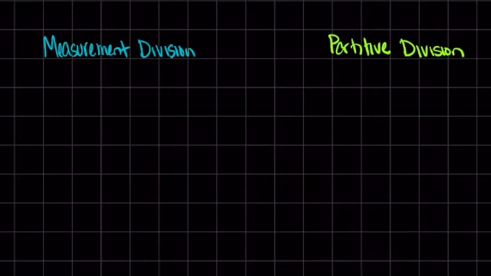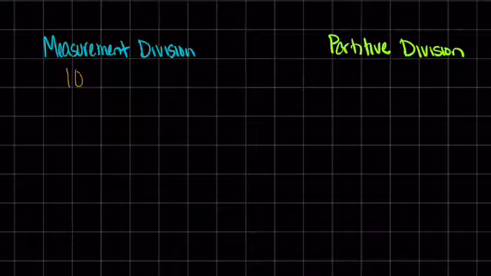In this video, we're going to look at division with decimals. But before we think about decimals, we're going to go back to the concepts of dividing with whole numbers. And there are two ways to think about dividing with whole numbers. We used measurement division and partitive division. And so we're going to think about this with whole numbers first so that we can apply these same concepts to decimal numbers. We're going to do the problem